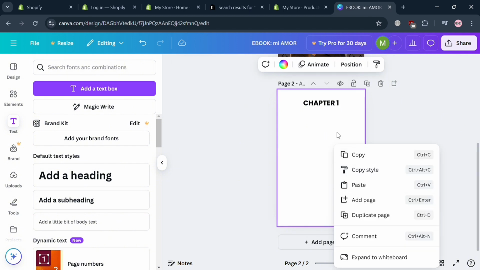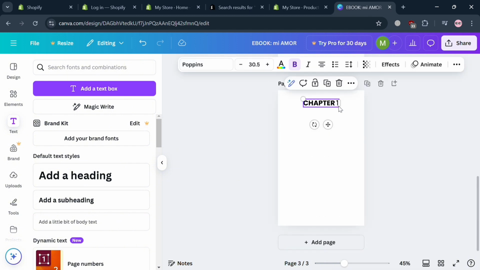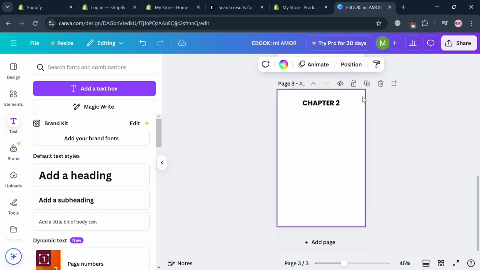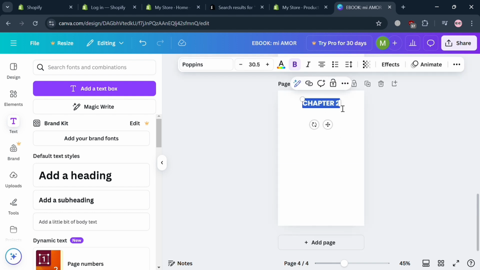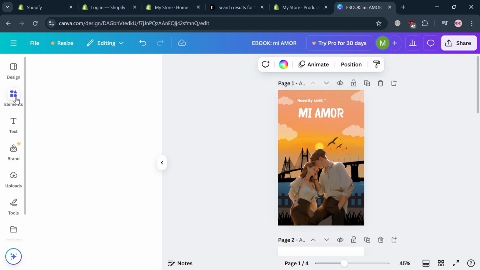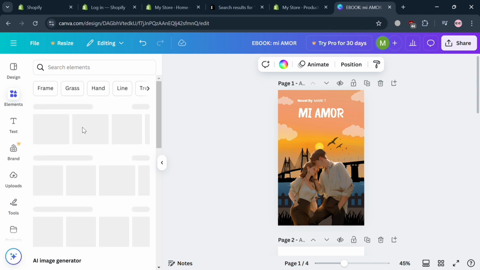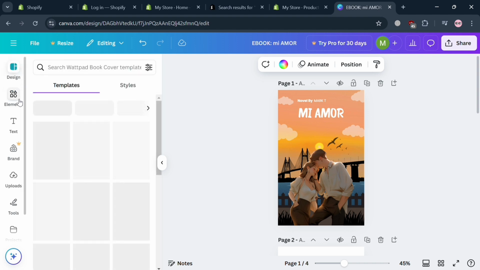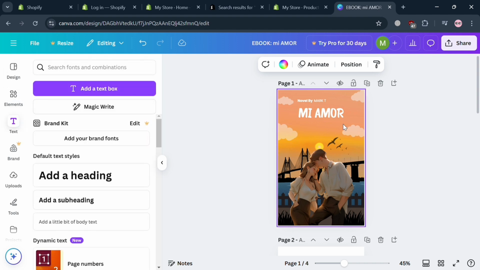And from here, we're going to add or duplicate these pages for the next chapter. I'm going to enter, for example, chapter 2. And for the other one, chapter 3. And you could also start editing or adding content if you want to. And aside from that, you could also add another kind of design or elements by clicking the element section on the left side panel. But let's say we're now done editing our contents, we can now click the share button on the top right corner